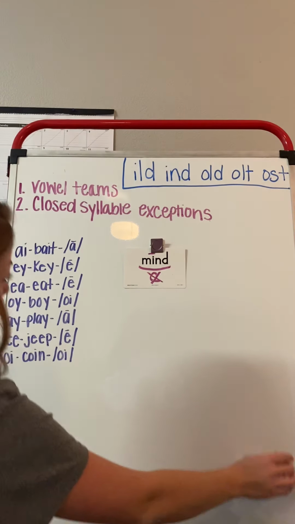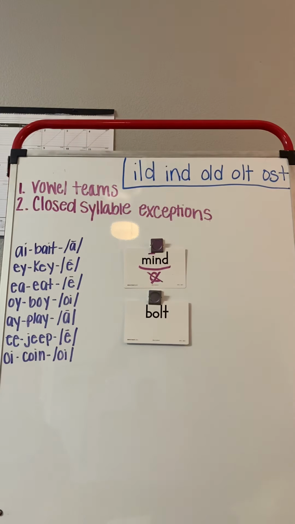I'm gonna have you see the other word of the day, which is bolt. So if we were gonna tap that out, it'd be b-olt, bolt. Again, we're tapping twice because of that glued sound that is a closed syllable exception. So I want you to pause the video and see if you can mark this word up on your own.